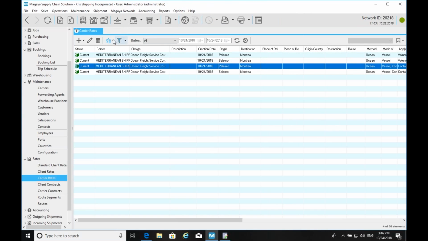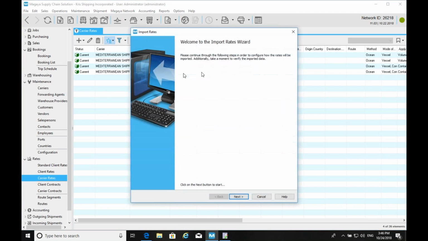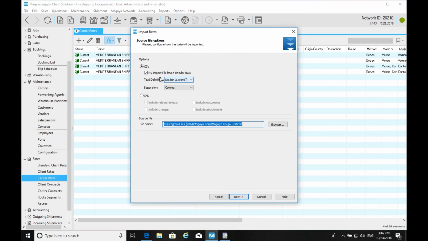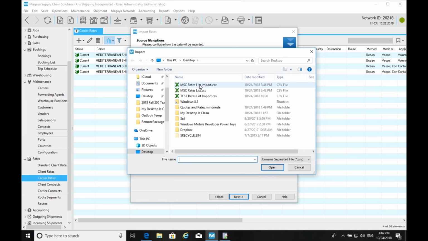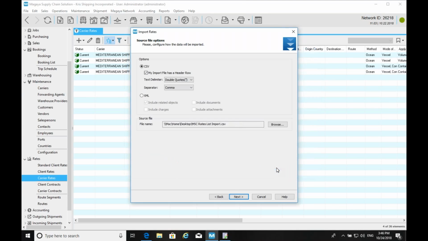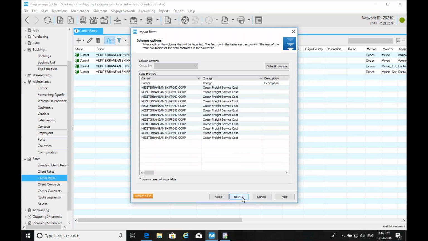All right, so importing this file through the wizard that we have, I'll select that it has a header and I'll find the file from here. Again, we have a detailed instruction on how to do this in our knowledge base, but just to show you that it is somewhat manageable, I wanted to do it live. I hope it's not too boring for those of you that don't deeply love Excel like myself.